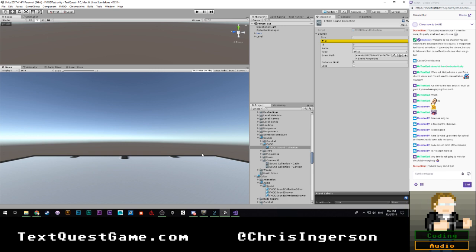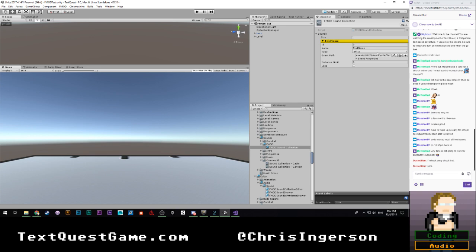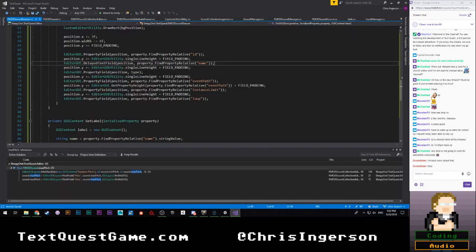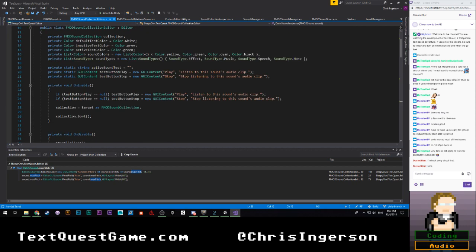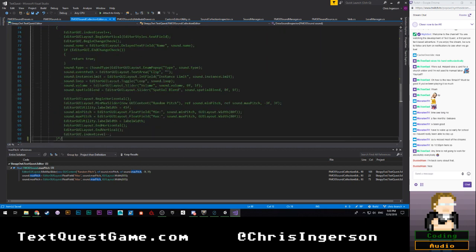No worries. We have most of our scripts created. It's mostly into editor creation to make them look nice. So now if I did like a test name, you can see that it's not doing anything until I hit enter, at which point it's going to populate. We do not have a unique ID yet, and that's because we don't have a good generation process. But it does mean that we can now, instead of having this stuff all be manually drawn in Fmod Sound Collection Editor, we can simply come down to here